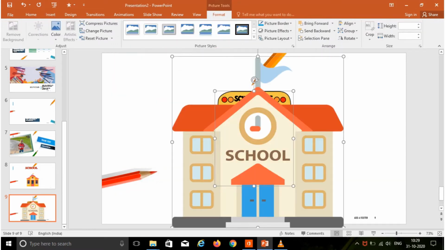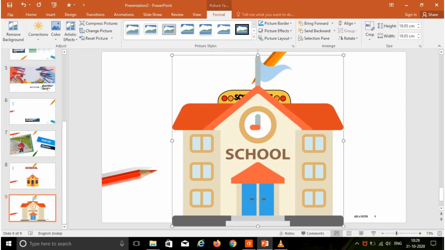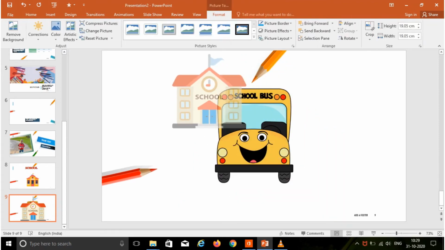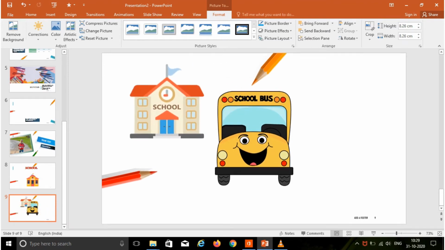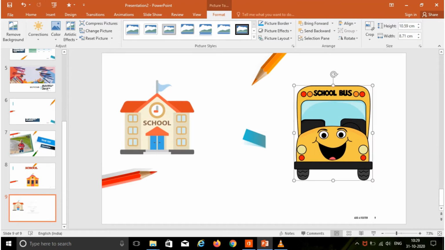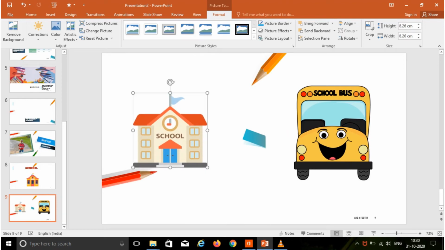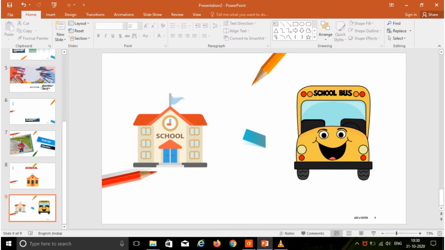All images will appear on the currently selected slide at the same place. Drag the pictures to an appropriate place. So here the two pictures will be inserted.